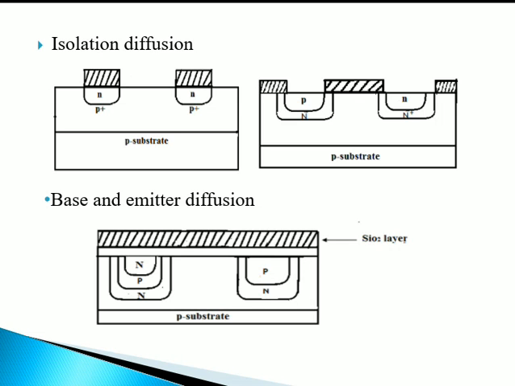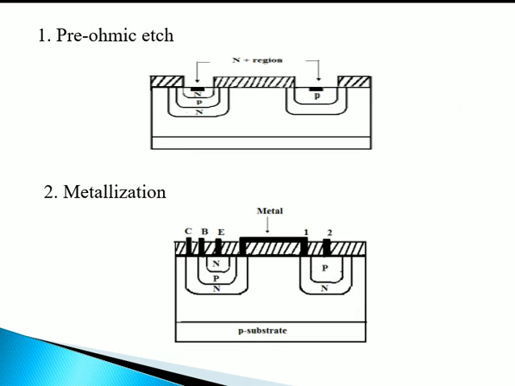How is it done? Next is pre-ohmic etch. Now, for making a good metal ohmic contact with your diffused areas, a heavily doped N region will be diffused. So this again is done by your photolithographic process, your oxidation layer. The last one is metallization. Now once the